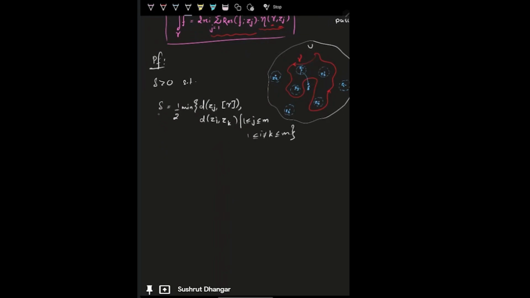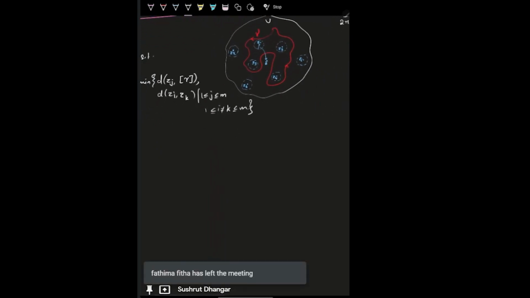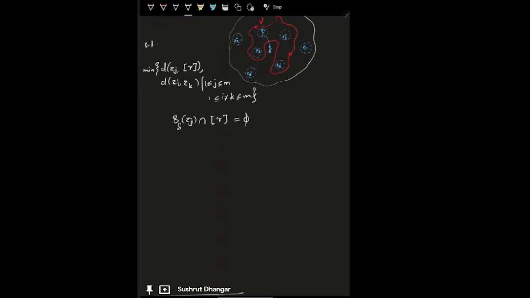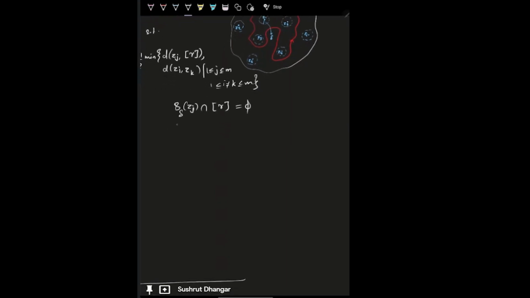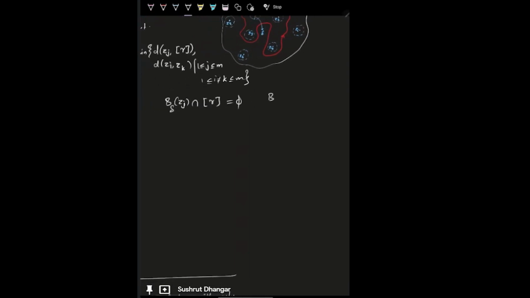So we take such a delta, and if we take such a delta, we can see that any ball of this delta radius about Zj will not intersect the range of gamma, so the intersection would be empty. And lastly, we will also have that the balls about Zj and distinct points Zk